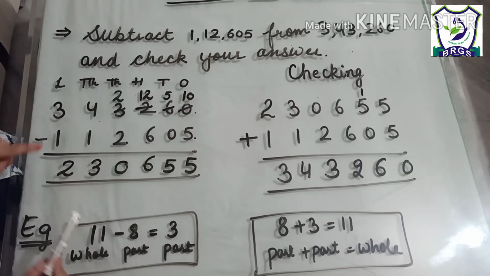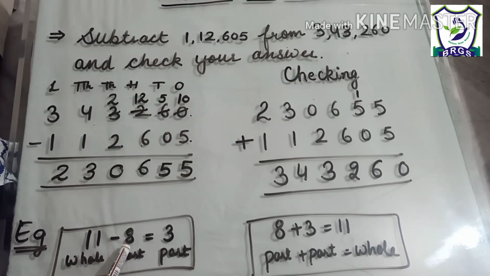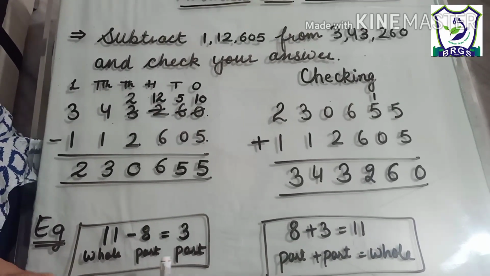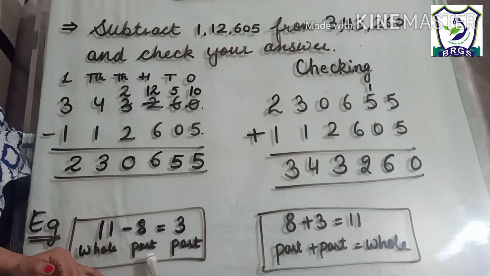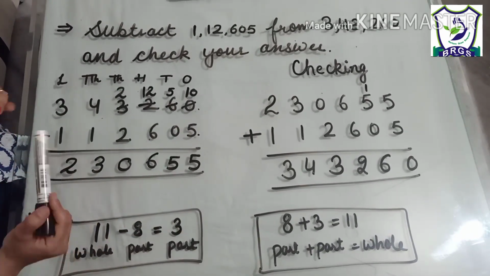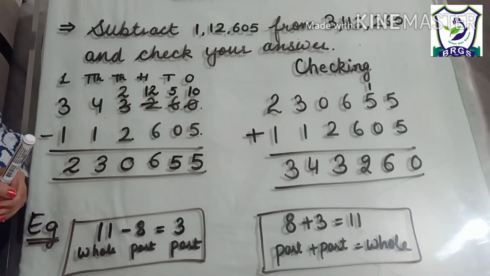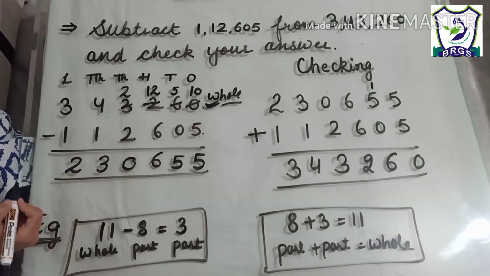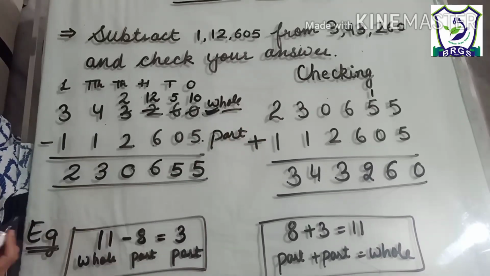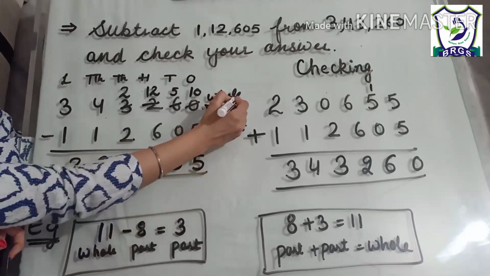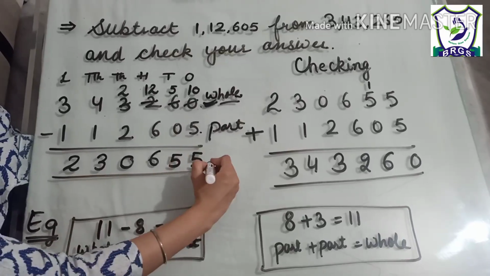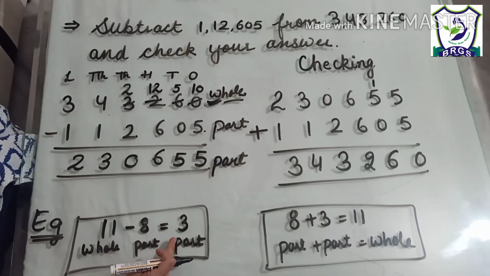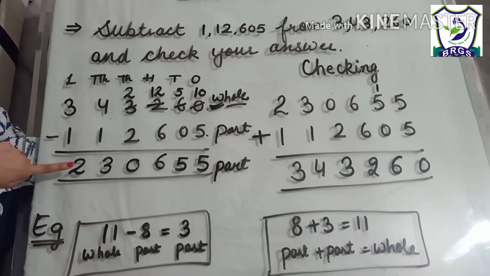And what we have done, we have thought about it in the form of an addition problem. Then what we have done, part plus part is equals to whole. Okay students, this is the relation of addition and subtraction. I have just told you just before this question. This is the same way we check your answer. We know that this will be the whole and this will be the part, because we take something from that one. And the answer we are getting is also a part of whole. Same like this, 11 minus 8 is equal to 3. Same way, this minus this is equals to this.